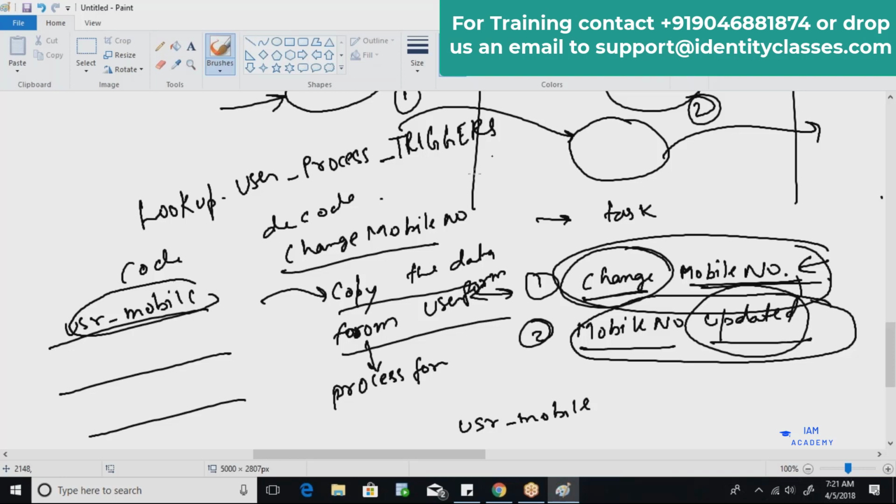So it will trigger all the mobile number tasks for those application process forms. For the applications it will automatically trigger this process task, and the moment it triggers, it will copy the data from user form to the process form, and then on successful completion of this task it will automatically trigger this next part. Any doubt up to this part?